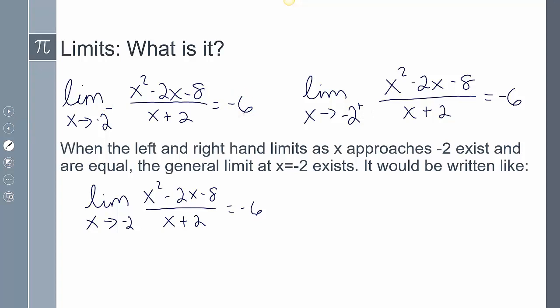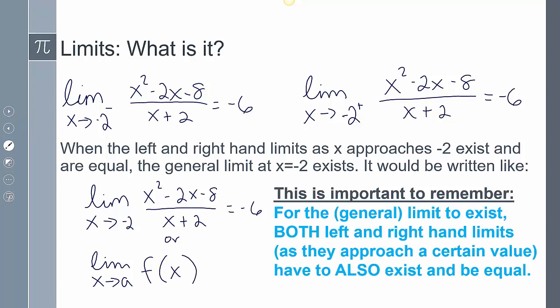They both equal the same number, so what we can do is say that the general limit as x approaches negative 2 is going to exist, and it would be written like this. So the limit as x approaches negative 2 of my function equals negative 6. And that could be written with any function. So the limit as x goes to a of any function, if we know that the left-handed works, the right-handed works, they equal the same value,